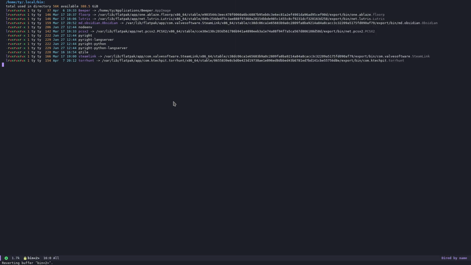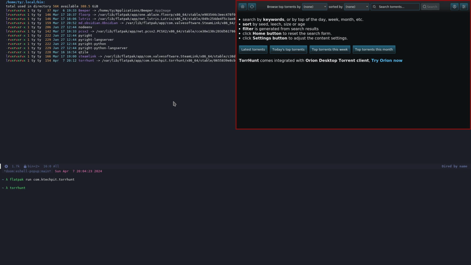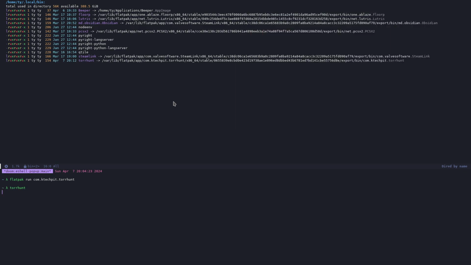So that's huge. I should also be able to, I'm kind of curious, I wonder if it'll let me do it in here. Should. Yep, so it works in terminal too. Great. Okay,